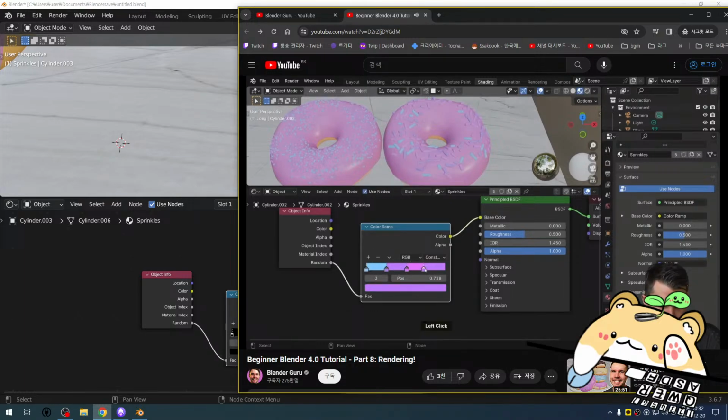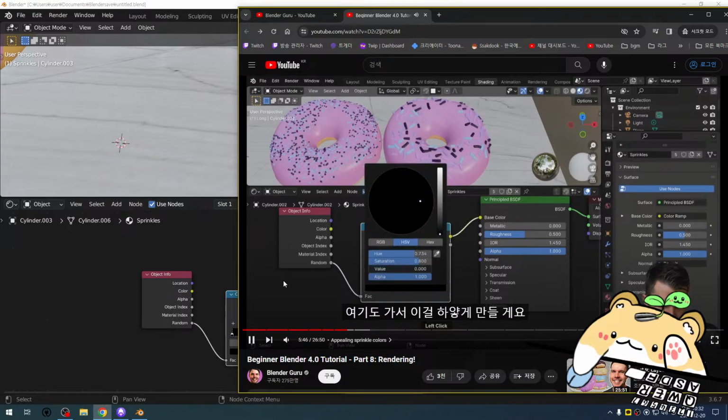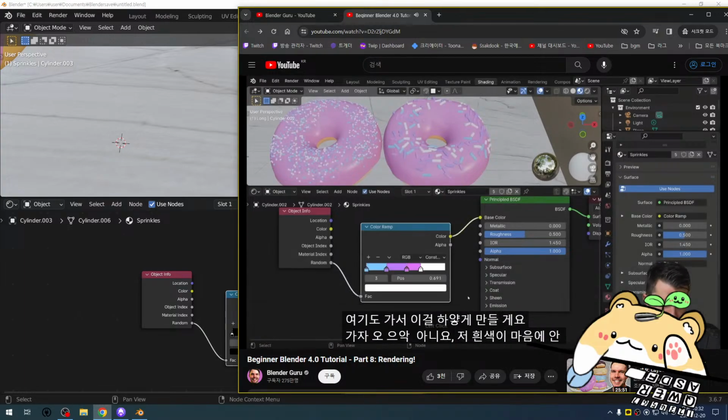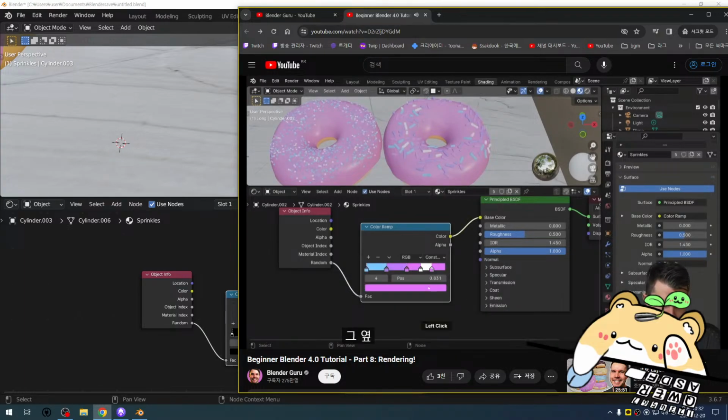Okay, and then I'll also go over here and I'm going to make this white. Let's go, whoop, no, not like that. White, and I'm going to create another one next to it, and this one I'm going to make yellow. Okay, so